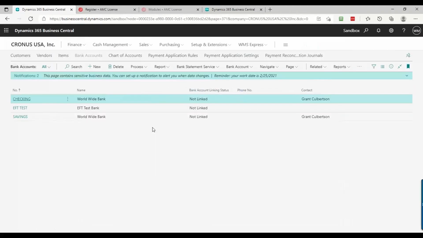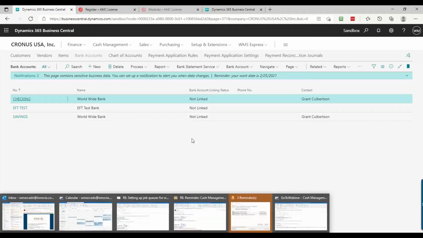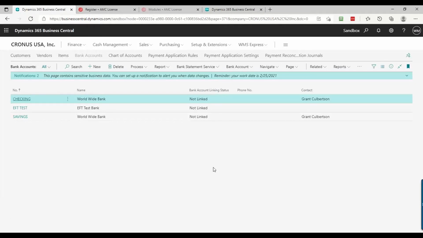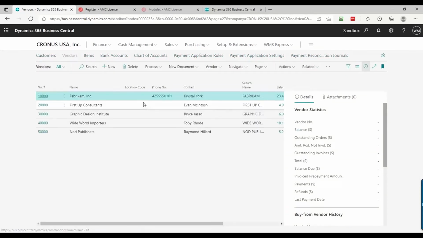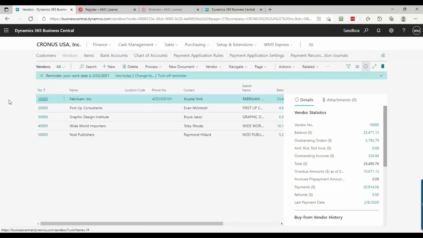All right, so that is what I wanted to show you on the receivable side. So now let's jump over to the payable side. On the payable side, it's a little bit more straightforward. Okay, so we'll go to vendors. And there is some new functionality here as well, similar to what they added on the customer side. If I, let's say, select a vendor and go into that vendor's ledger entries,